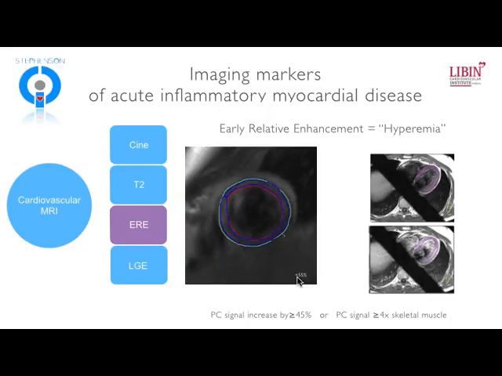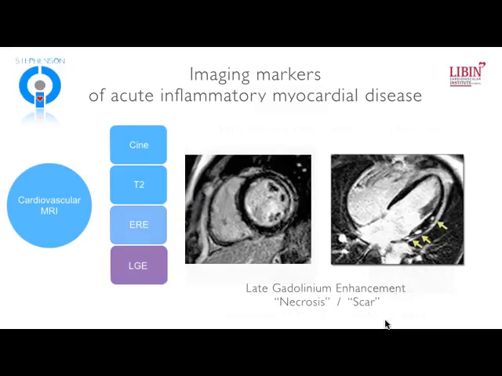Irrespective of the technique applied, we can look for signal changes that may indicate that there's increased myocardial blood flow. In this particular patient, you can see we've done a region of interest, and compared to the baseline imaging, we saw an increase of 55% versus the native or non-contrast myocardium. And anything greater than 45% is considered abnormal. You can also look at reference versus skeletal muscle, and if the post-contrast signal is more than 4 times that of skeletal muscle, we consider that abnormal.